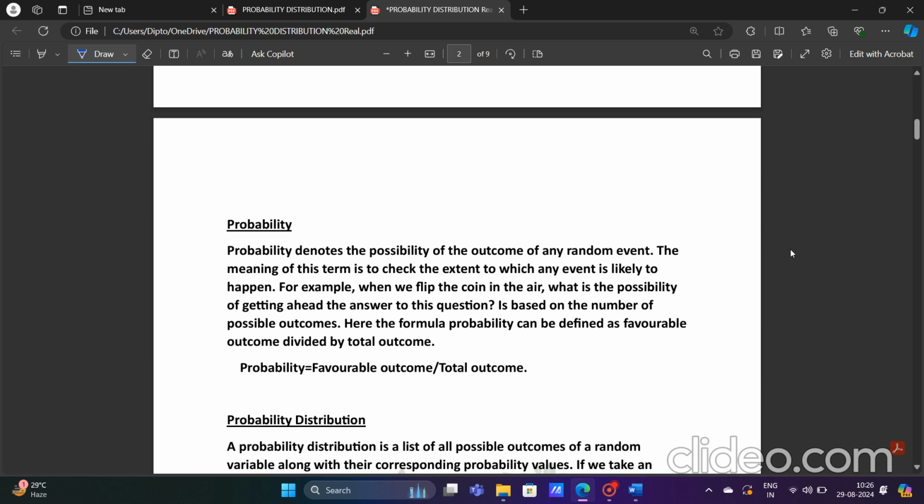Now what is probability? Probability denotes the possibility of the outcome of any random event. The meaning of this term is to check the extent to which the event is likely to happen. For example, when you flip a coin in the air, what is the possibility of getting a head? The answer to the question is based on the number of possible outcomes. Here the formula of probability can be defined as favorable outcomes divided by total outcomes. So basically